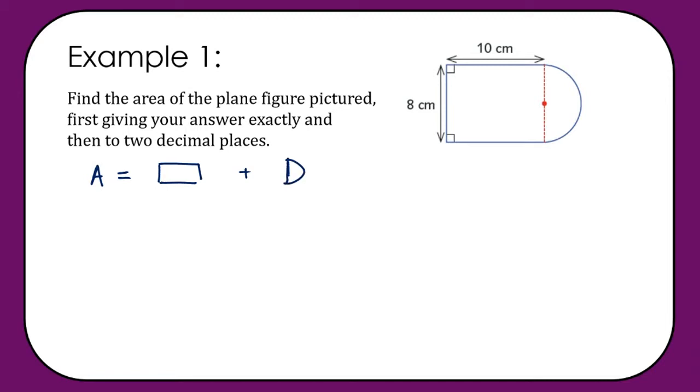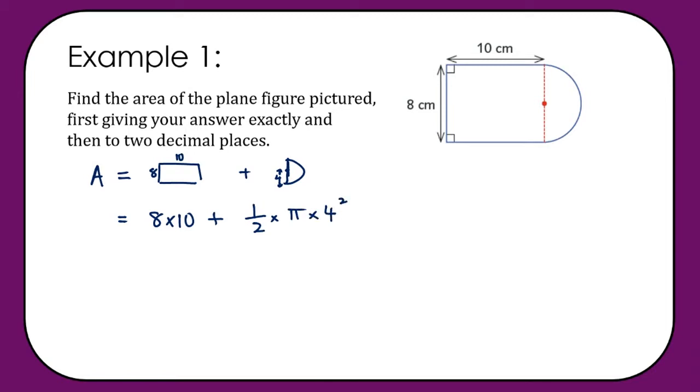Obviously you don't need this step, I'm just trying to be clear about what we're doing. The rectangle has dimensions 8 by 10. The important information in the semicircle is that the radius is 4 in this case. So a rectangle, the area of that is just 8 times 10. Plus we also have half of a circle, so that's half times pi r squared, so half times pi times